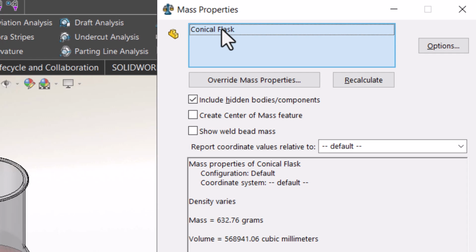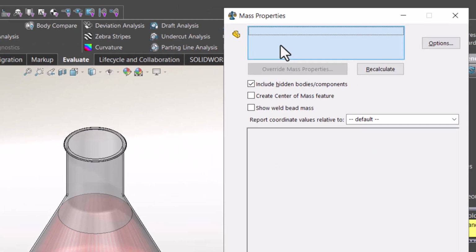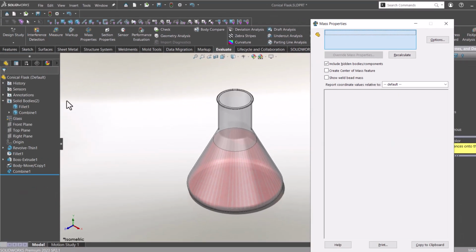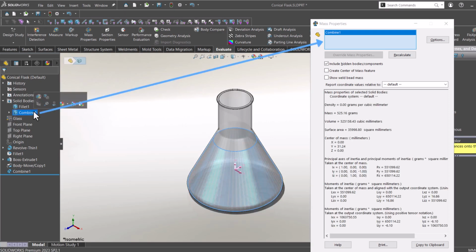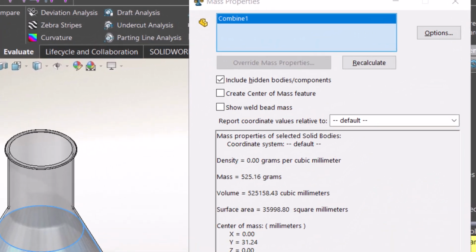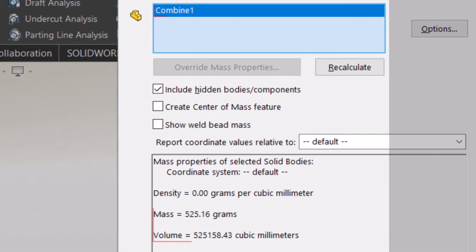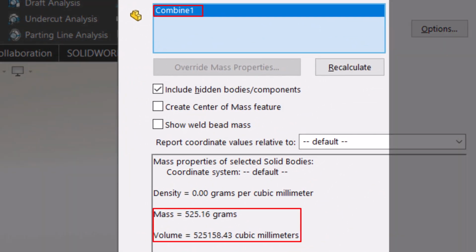Make sure you delete the entire part by right-clicking and delete. After that, go to your Feature Manager design tree and choose the liquid body. The name of the body will be displayed in the blue field, and then all the mass values will be updated to reflect the values of that body.